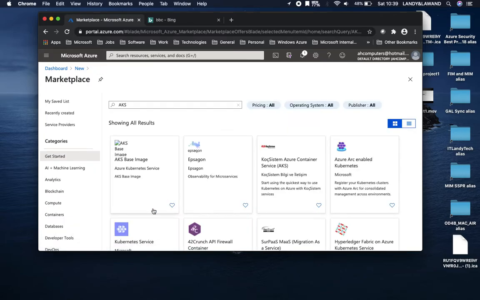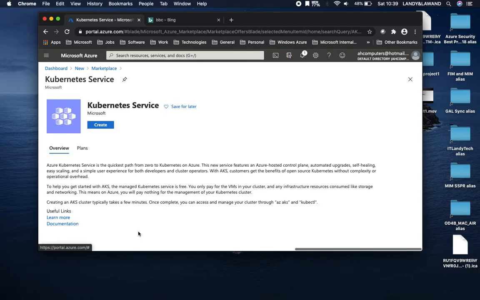So let's restart with the Kubernetes services because we couldn't do the image, and later on we will do them one by one, and we'll see which one is the right one for your deployment, either using OpenShift, Azure Arc or Kubernetes itself. So I'm going to go for Kubernetes services, and you can see, similar to the previous one,